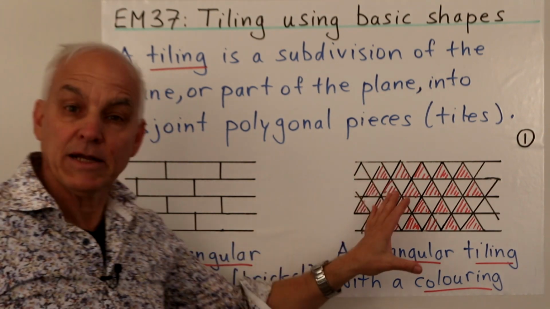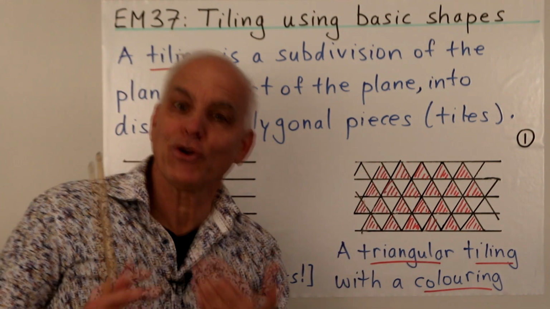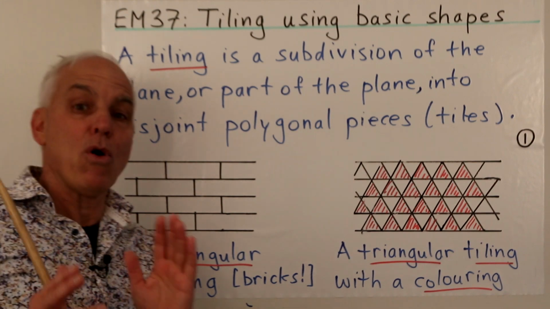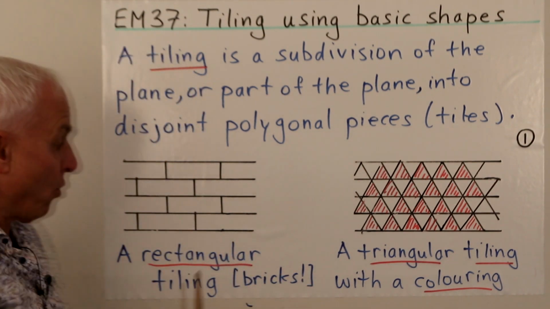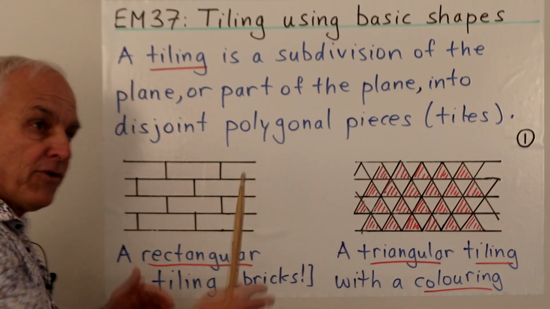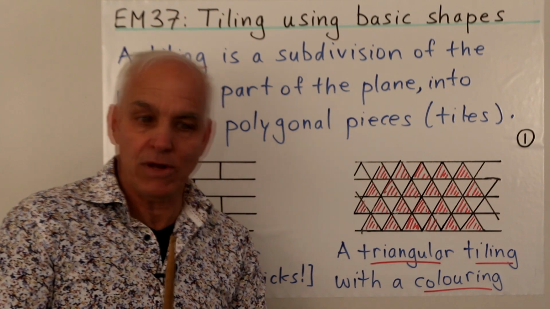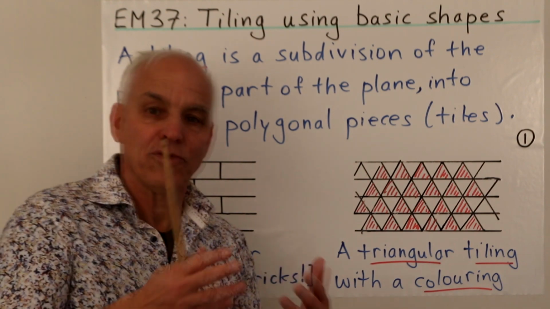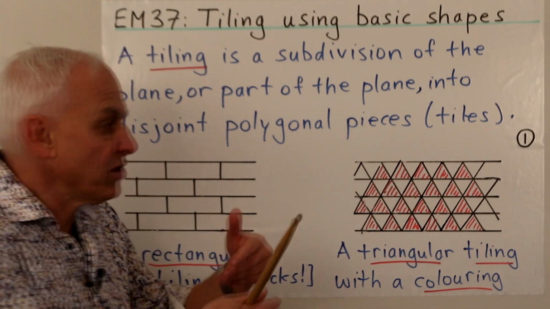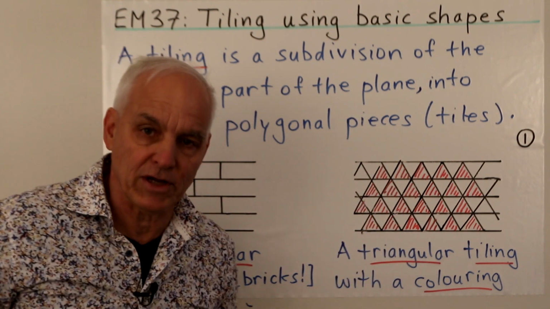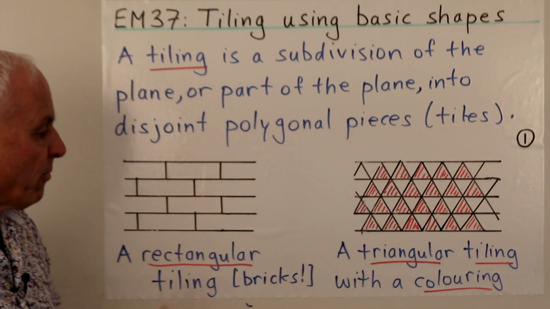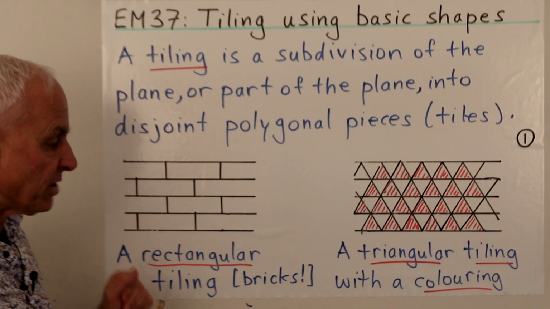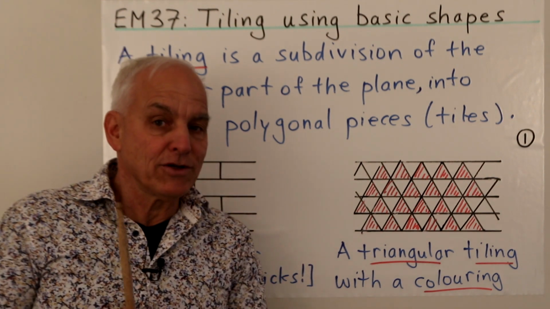Here we've added something extra. We've added some coloring, making it even a little bit more interesting. And in fact, that's what happens typically. You have an ordinary tiling like this, then you can augment the discussion by asking, well, how could we color this in an interesting way that preserves some of the symmetry of the situation? So we want to talk about this general framework here, and it's a very rich subject. So this is just an introduction to tiling.